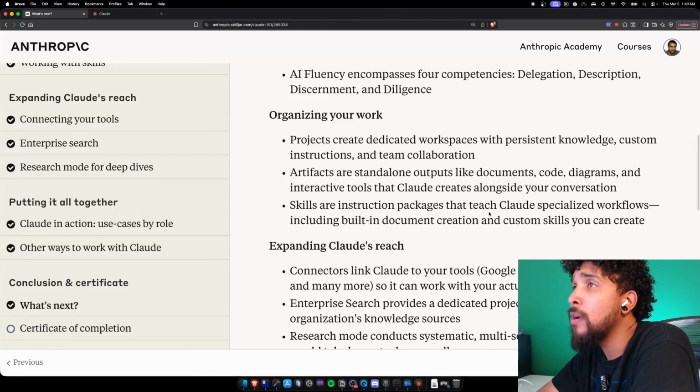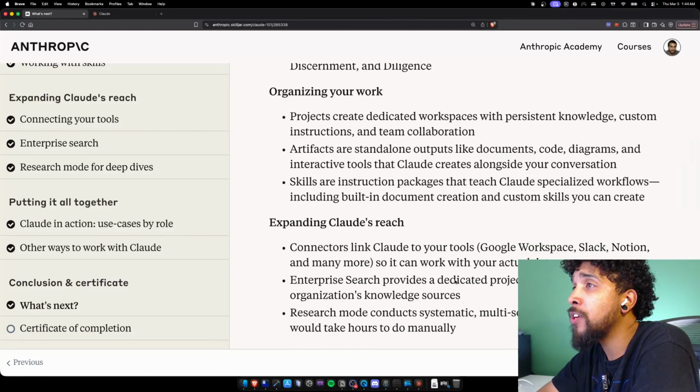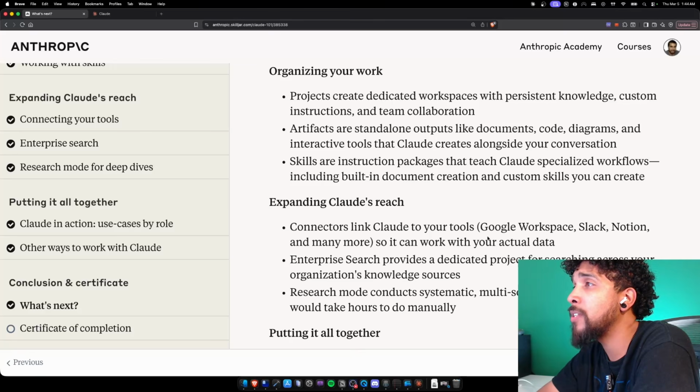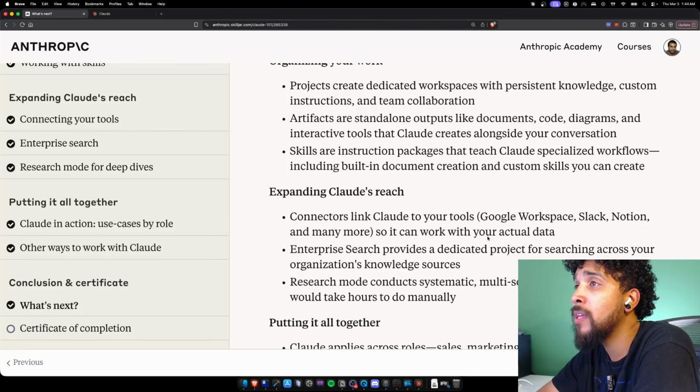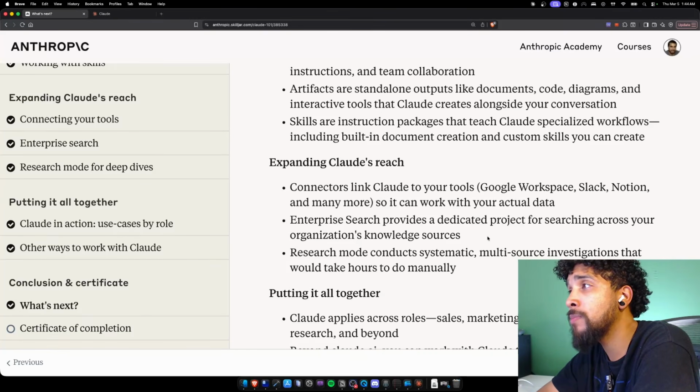Organizing your work. Projects create dedicated workspaces with persistent knowledge, custom instructions, and team collaboration. Artifacts are standalone outputs like documents, code, diagrams, and interactive tools that Claude creates alongside your conversations. Skills are instruction packages that teach Claude specialized workflows, including built-in document creation and custom skills you can create, expanding Claude's reach. Connectors link Claude to your tools, Google Workspace, Slack, Notion, and many more, so it can work with